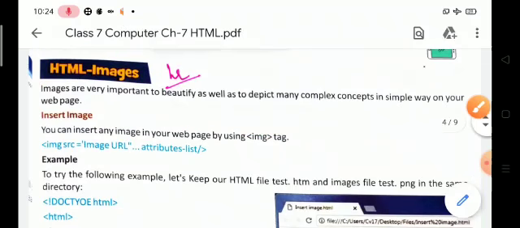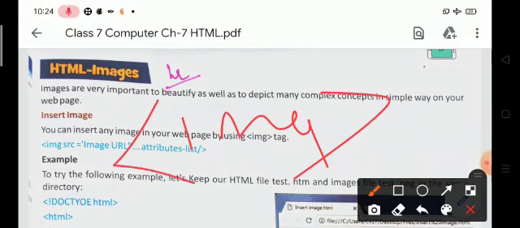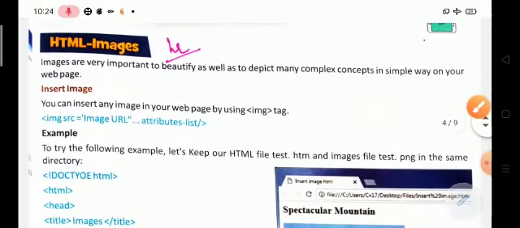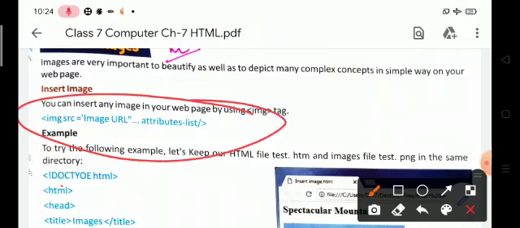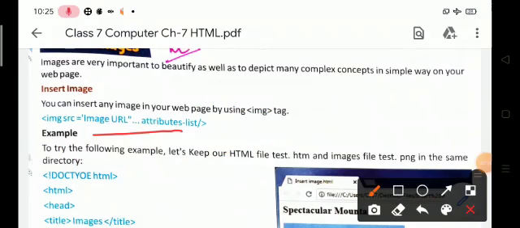We can use the img tag. Look at this syntax: img is the tag, src is the image URL, and then close the tag. So this is the image tag, and this is the path of the image.